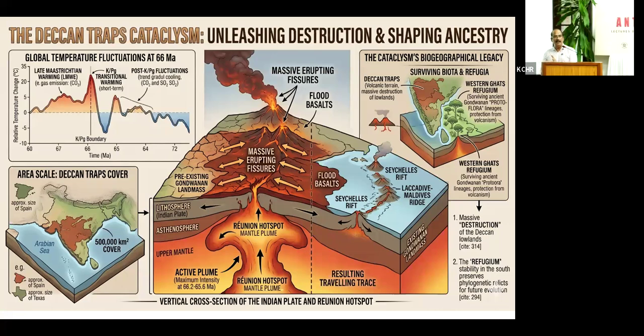So the second event is this Deccan Trap lava flow. The vegetation or species which was carried by the landmass in the beginning, during the Gondwana movement, survived only at the tip of it, which is shared largely by two states, Kerala and Tamil Nadu. And some part of southern Karnataka also got a little bit of it. Otherwise, the rest of the whole